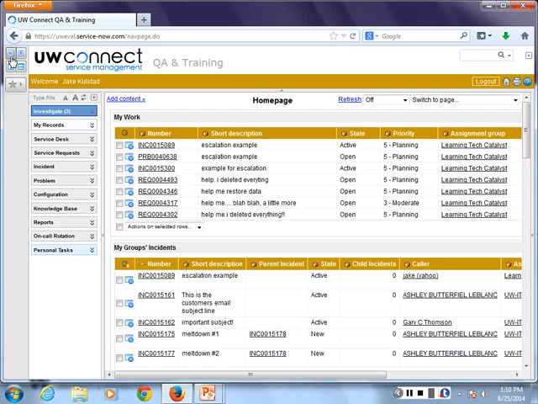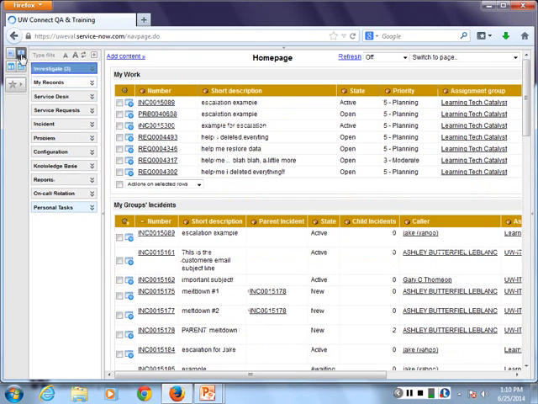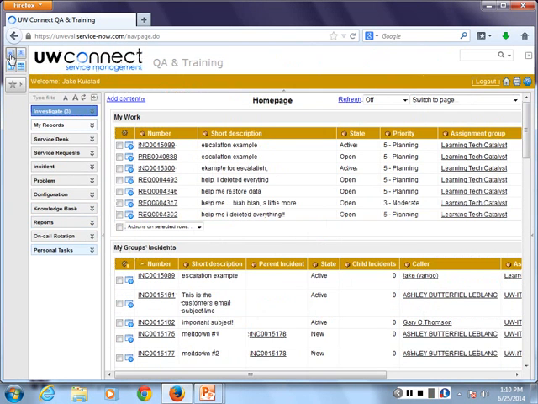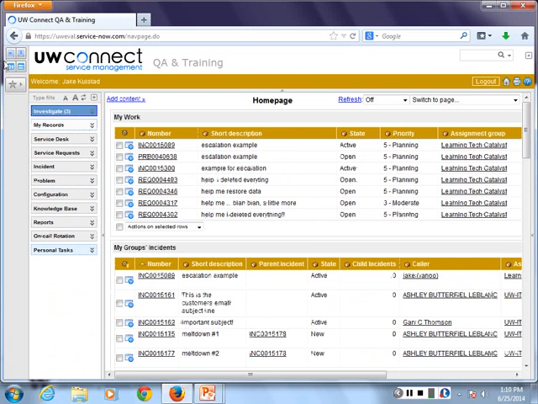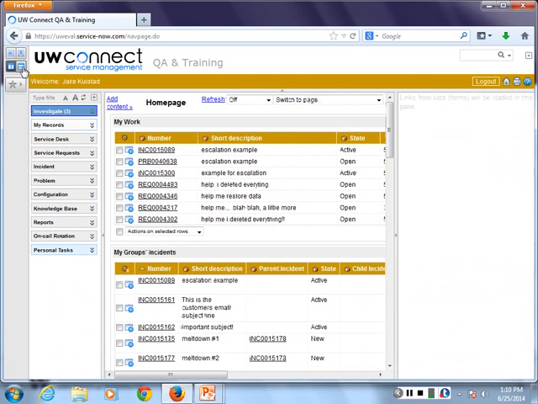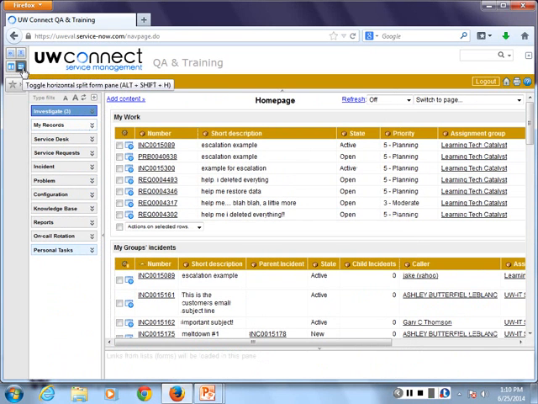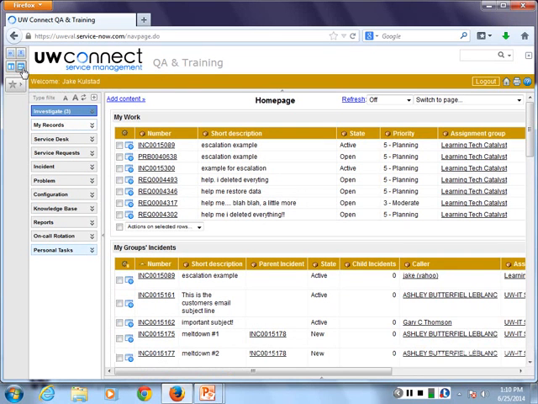We have 4 toggle switches in the top left. Those will toggle your banner off completely if you wish, or your application navigator, which we'll discuss shortly. You can also use the bottom 2 toggles to split your screens. My recommendation to you for today is to make sure that all 4 of those top left toggle buttons are light gray and not dark. Everyone able to do that? Experiment at a later date, but if you have your split screen on, you might get lost during this presentation. Excellent.